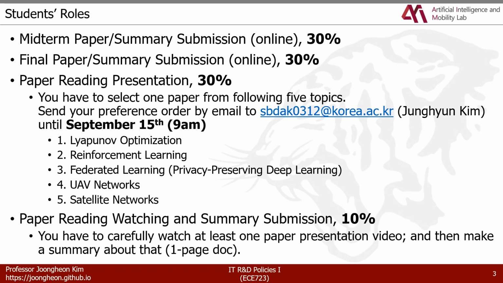근데 여러분이 온라인 동영상을 만들어서 올리는 것, 한 20분 정도로 올리시면 될 것 같은데, 올리신 다음에 그냥 끝이 아니라 다른 사람 것도 봐야 되지 않겠습니까? 그래서 다른 사람 것 중에서 최소한 하나만 보시고, 관심 있으면 다 보시면 되고요. 하나를 보시고 그 다음 거기에 대해서 서머리 노트를 한 페이지 정도 그냥 워드 파일로 만들어서 제출하시면 됩니다. 이렇게 하시면 될 것 같아요. 그래서 오늘은 말씀드렸듯이 제가 Lyapunov optimization 온라인 동영상을 공유해 드릴 테니까 그걸 보고 여러분께서 이해를 하시고, 다음 주에 제가 거기에 대해서 실제로 줌으로 실시간 강의를 할 때 여러분께서는 그 이해한 거를 바탕으로 질문하시면 되겠습니다.